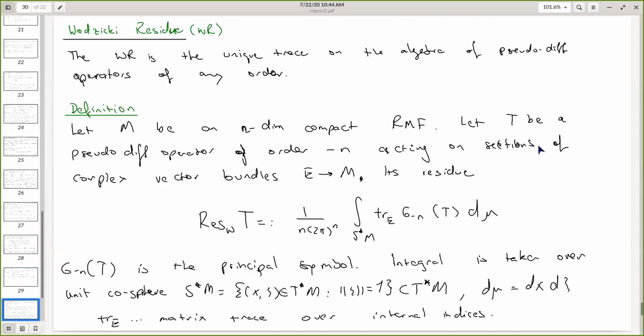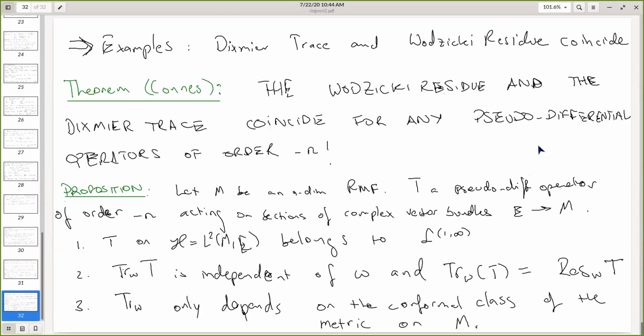Now for the Wodzicki residue we have the same result. That is one of the surprises in this. In the examples I gave you, the Dixmier trace and the Wodzicki residue coincide. And this is not a coincidence. There's a theorem by Connes which says that the Wodzicki residue and the Dixmier trace coincide for any pseudo-differential operator